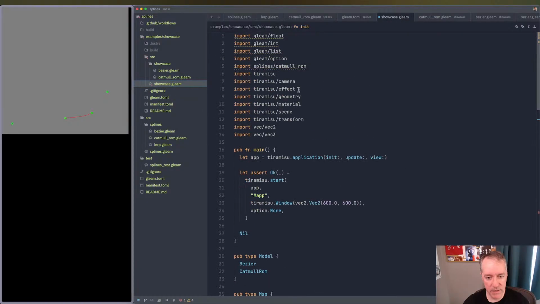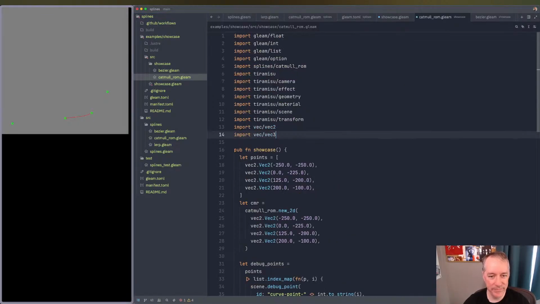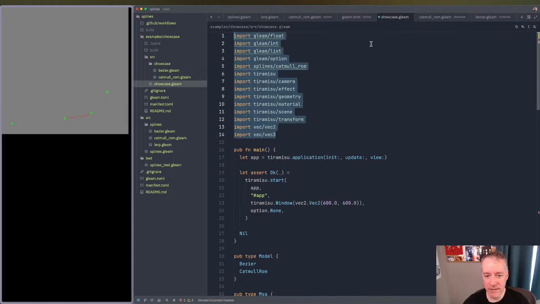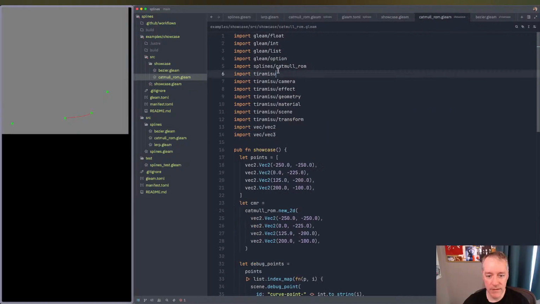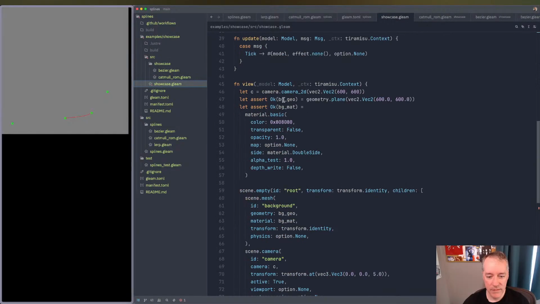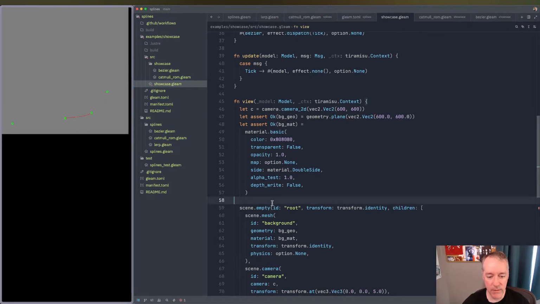I'm just going to copy all the imports from here and we'll put them at the top. And then it is not compiled. Here, I guess I need to save. Okay. Yeah, so now we can go